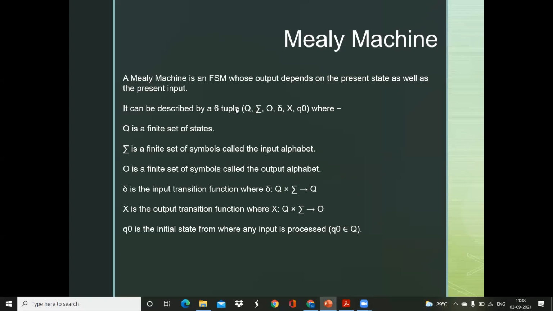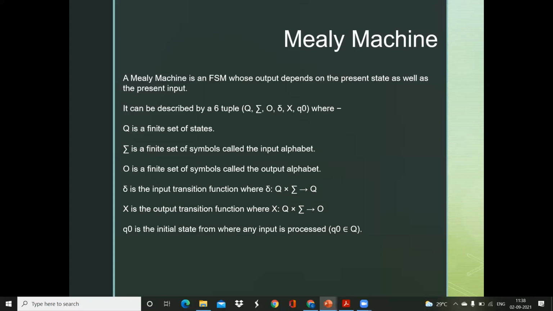As I told, it has 6 tuples. Q is a finite set of states. Sigma is used for input symbols. O is used for output symbols. Delta, small delta, is used for the transition function. The transition function maps your current state and input symbol to the next state. And here you can see the output